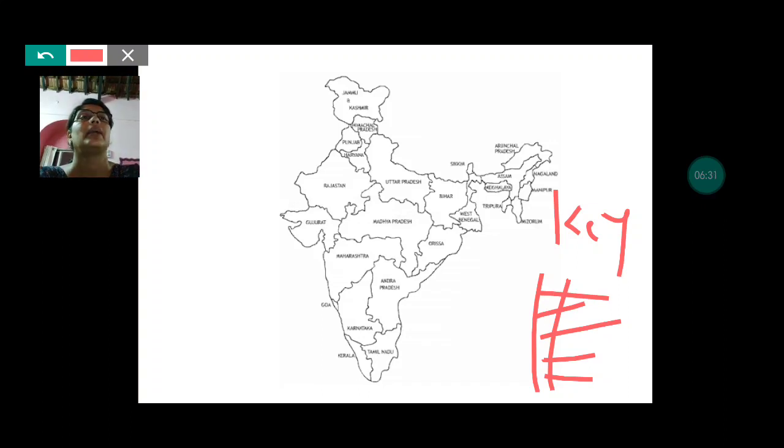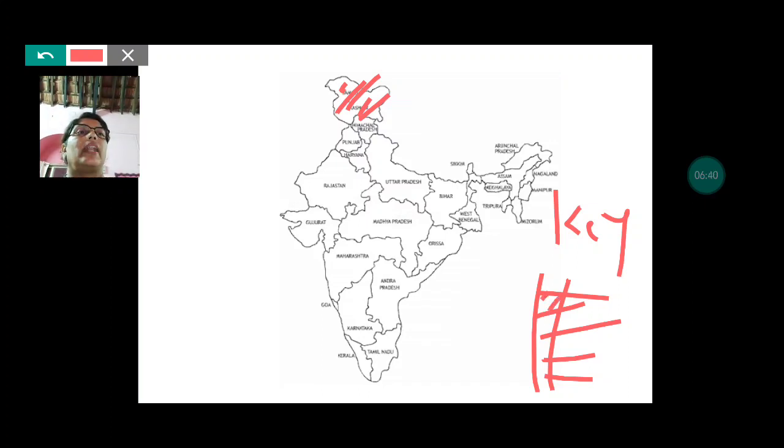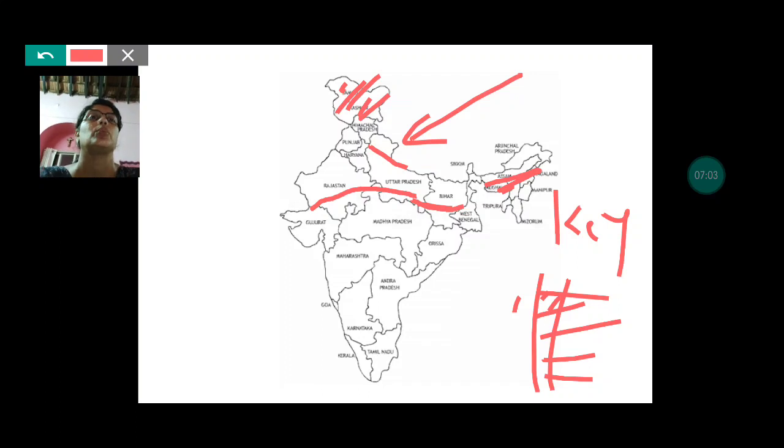First is Western Himalayas. So Western Himalayas are here, and the same type of symbol should be here as well. Number 1, Western Himalayas. Second is Northern Plains. We know Northern Plains comprises the entire part from here right up till Assam Plains here. This part of course was Kumaon ranges, so that will not be shown. The rest can be colored light green or dark green or whatever color you want. So that becomes our Northern Plains.